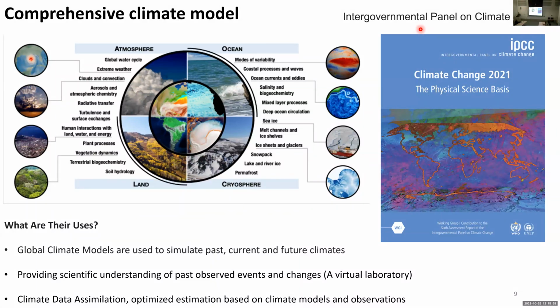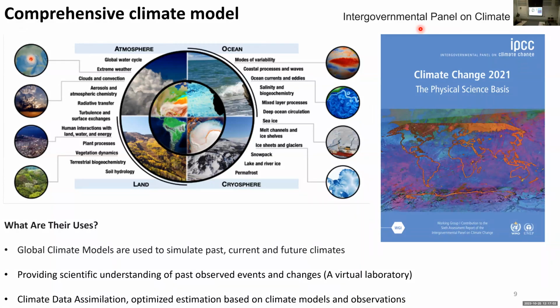For example, climate scientists cooperate in the framework of the Intergovernmental Panel on Climate Change (IPCC). Climate scientists from different institutions and different countries run their own climate models under the same standard, put their results together, and analyze them in the same way to evaluate our future climate. Every 5 to 6 years, they release an assessment report. It includes the consensus among the whole climate community and how much confidence we have in our results. So it will inform the policymakers in, for example, setting climate goals for each country,